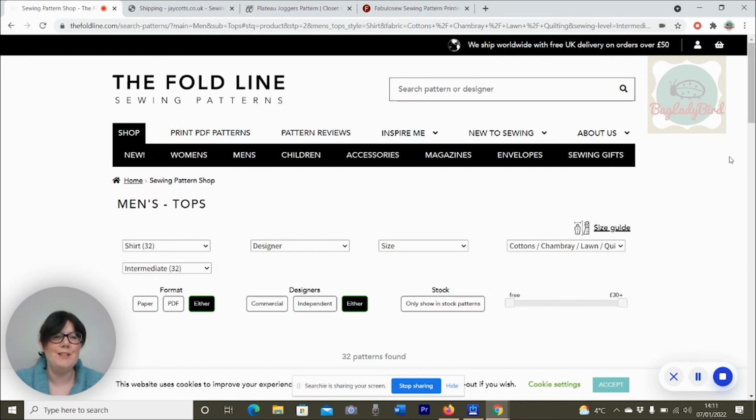If you've got something in your head that you want to get out there into the world, something you've seen in a shop or a ready to wear style that you want to make yourself, the fold line is your starting point. And then once you've selected a pattern, you've got an idea for which pattern you want to use,